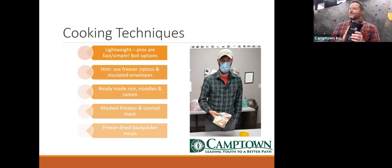But this is my go-to for boiling, and it's called a Jetboil. What's nice is this is the whole thing. This is the pot, this is the stove, this is the fuel and everything. And so it all comes right out. This is the stove system inside of the Nalgene sized bottle. And all you do for this one is you pop off the bottom, which also doubles as a cup. So this is perfect for that, whether it's coffee in the morning, if you want to put granola in a cup,